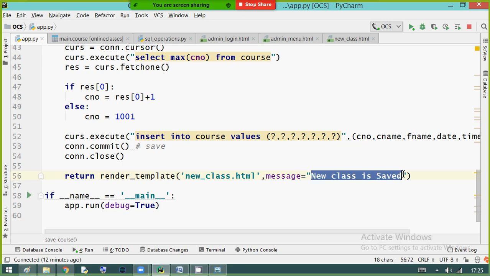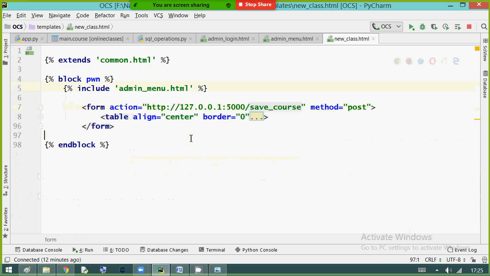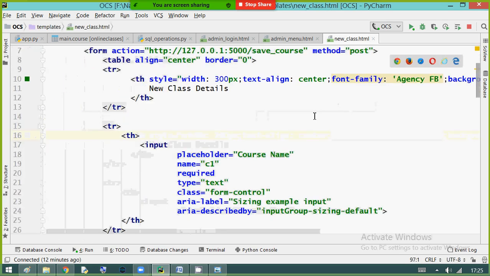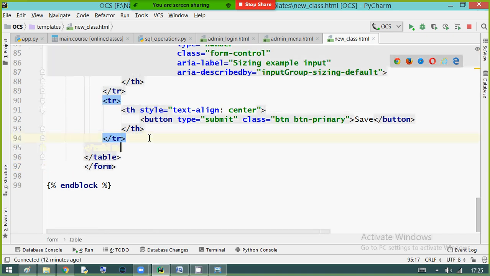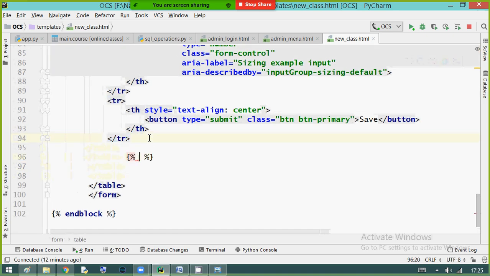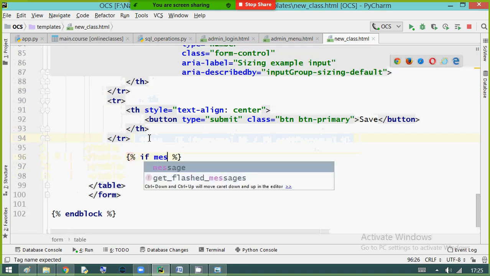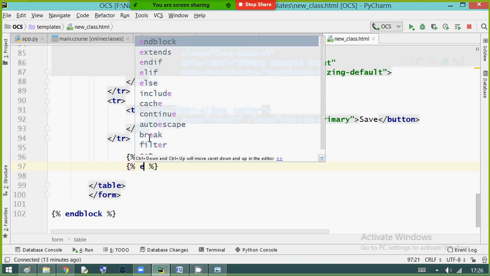Whatever message you want to show, you can show. Where do I want to show this inside new class? In the table I'll write one if condition, block tag, if message is available, end if.